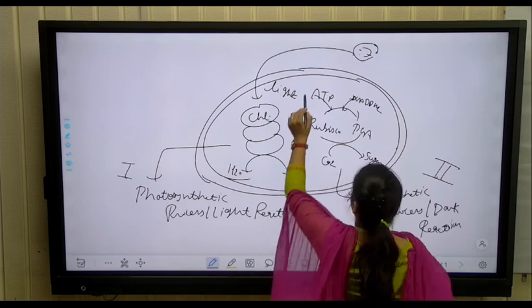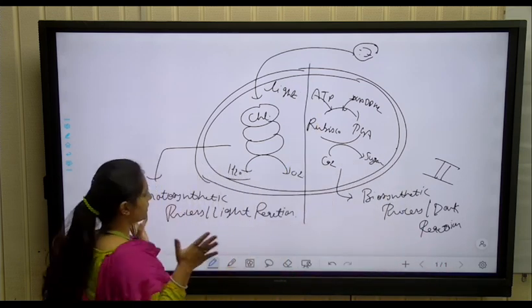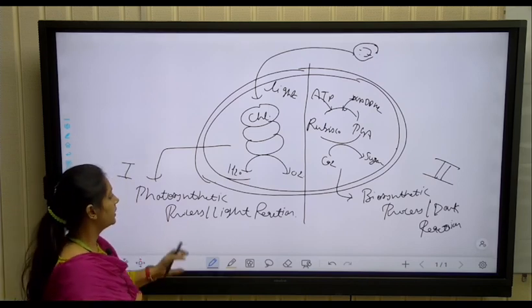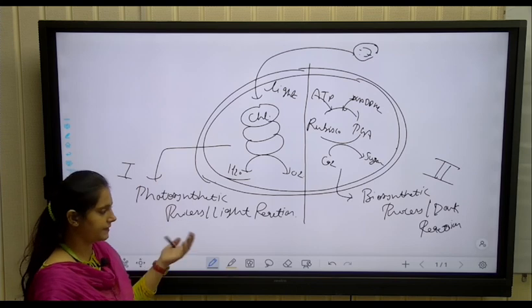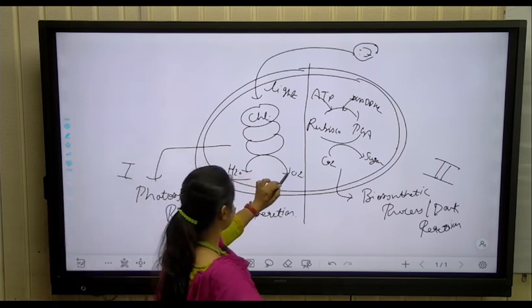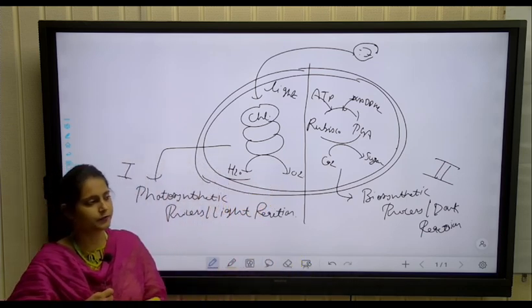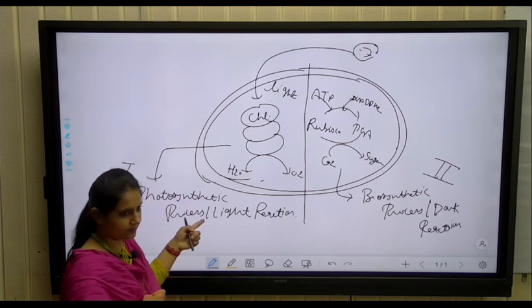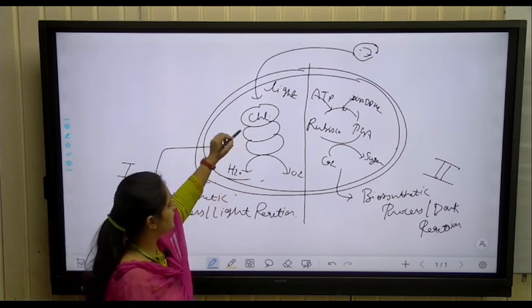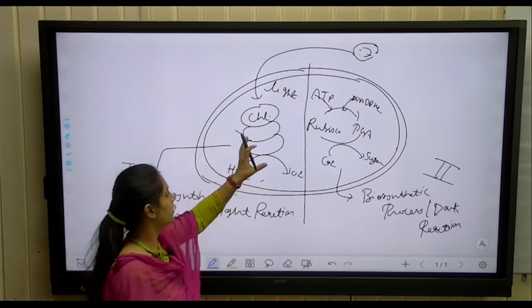This is the first portion and this is the second portion. In the first reaction, that is the light reaction, there are two things involved. First is the conversion of H2O to O2, meaning oxygen is evolved during the light reaction, and this requires light because chlorophyll is present in grana and this chlorophyll traps the energy to convert